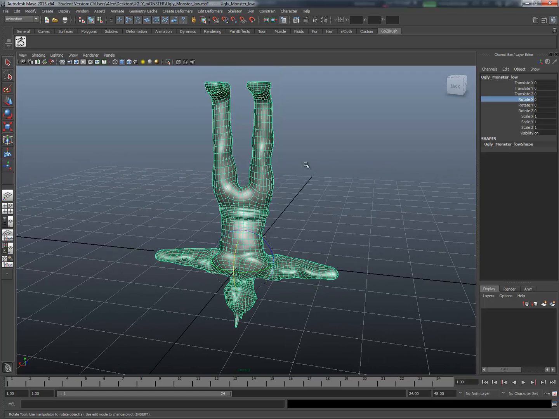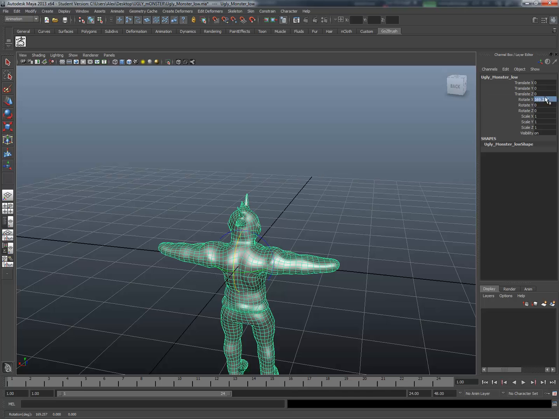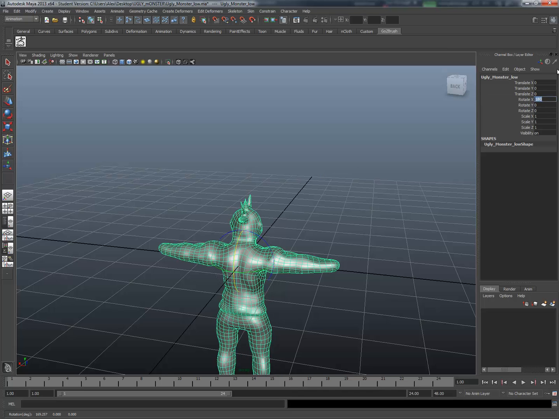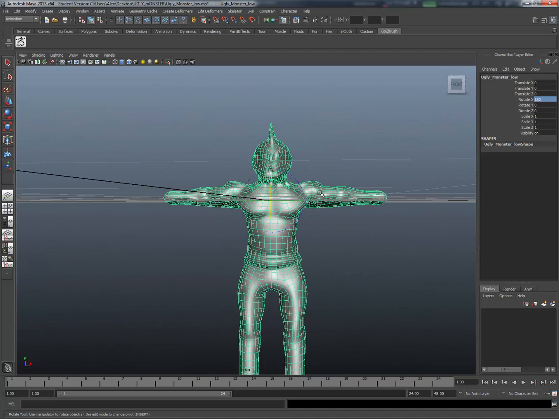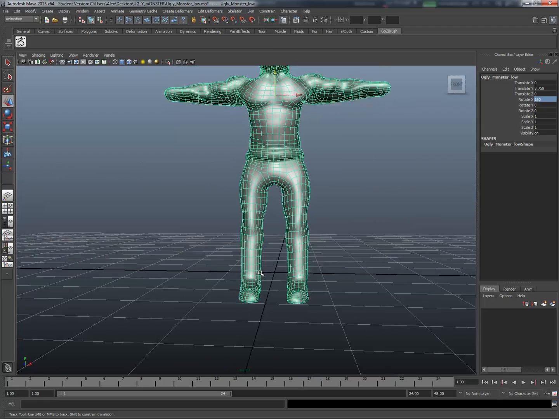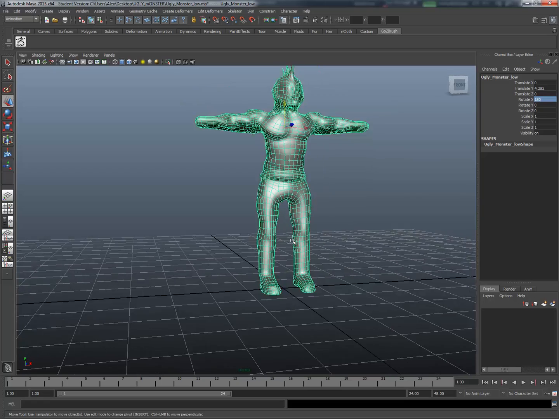So what you can do is just click on Rotate X, for example, and I'm middle mouse clicking in the scene. Or you can just type in 180. And you want to make sure the back of our model is here, and our front is here. I'm just going to hit W and move him up above the ground, like this. And again, we're taking him into a game engine, so